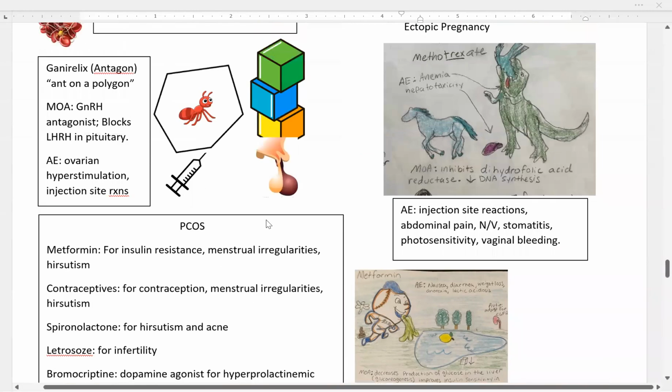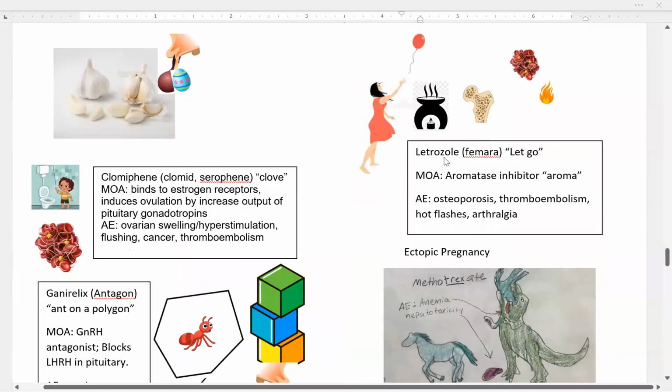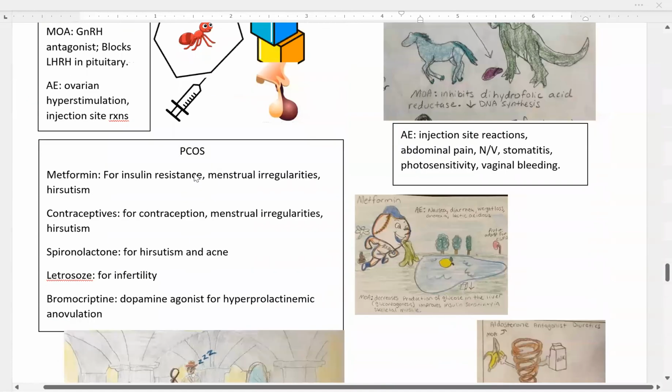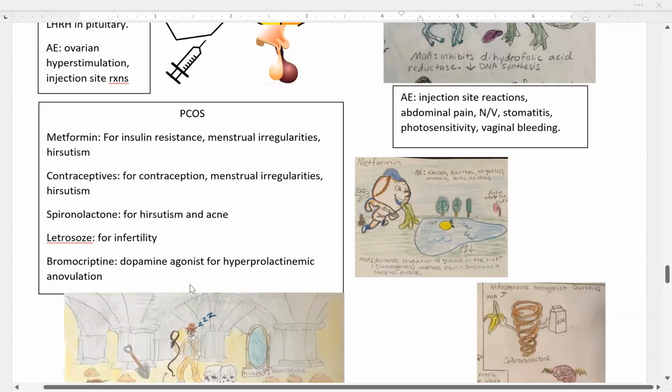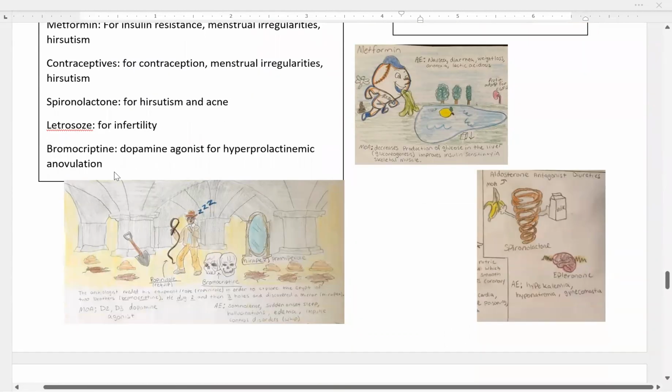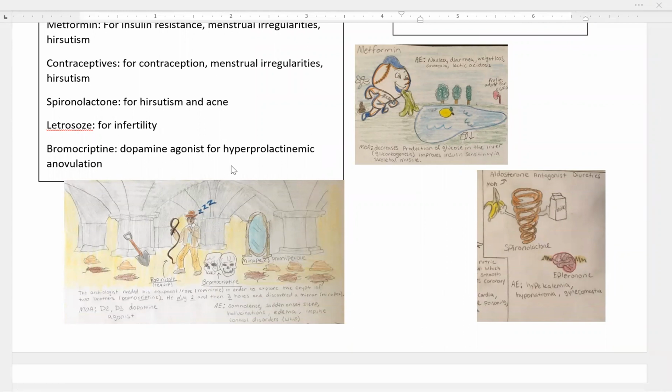This is spelled wrong. It is supposed to be letrozole. So that's another drug for PCOS and infertility. If you have a person who has PCOS and they are looking to get pregnant, that's a good one to use for them. And then you can also use bromocriptine, which is a dopamine agonist for